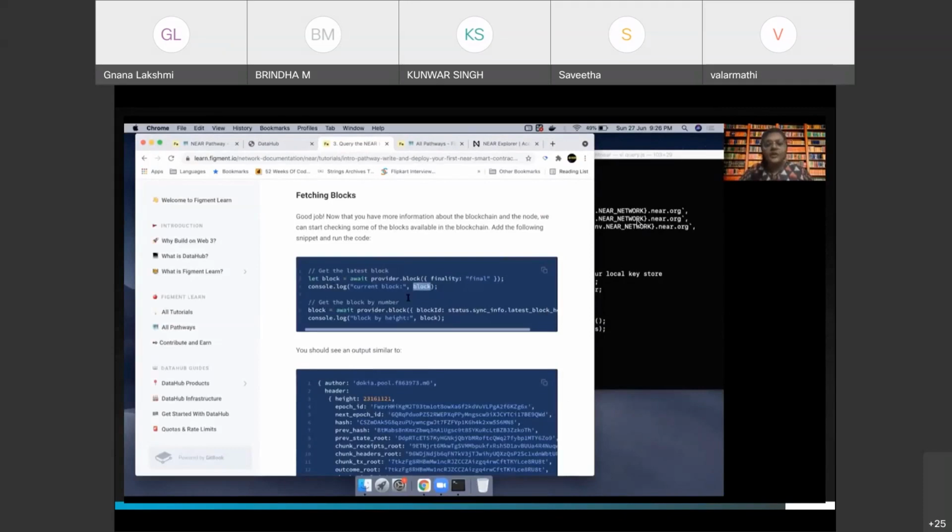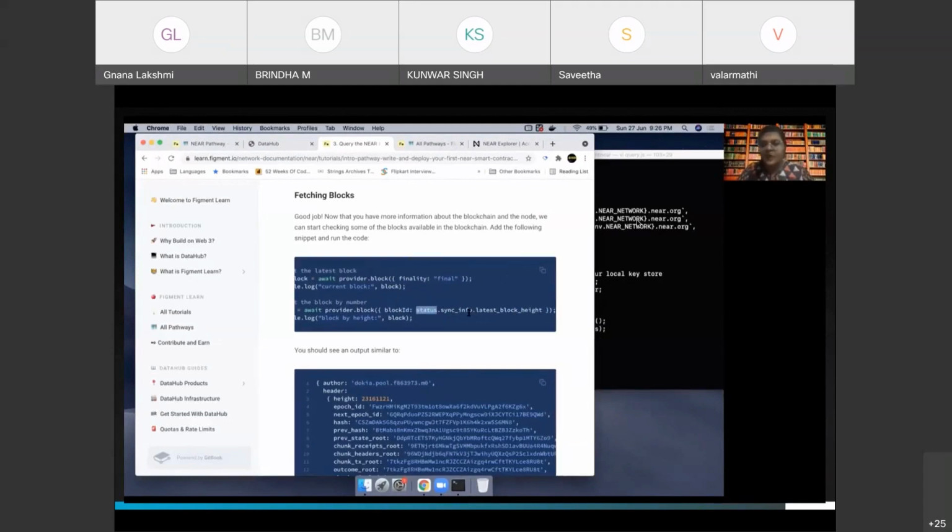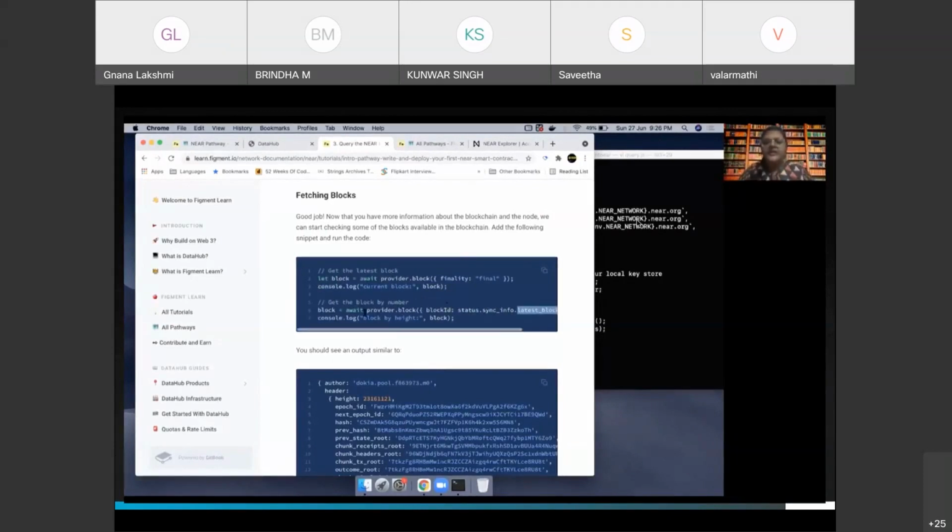Now we can also get the block by the number. Here we can provide our own block ID, or what we are doing is taking the info of the latest block, that is, latest block height would give us the latest block that is present here. And we can even get the data of that particular block.